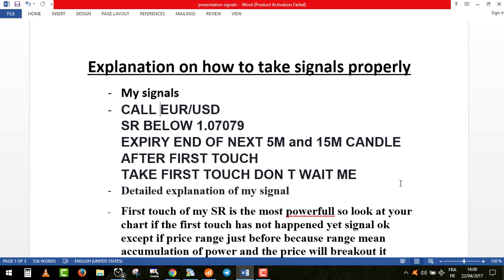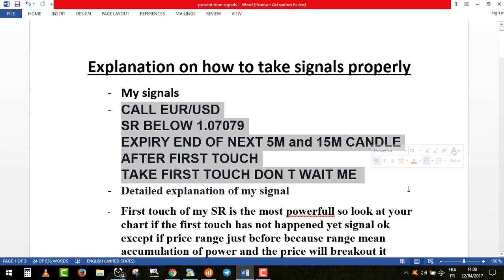how to take properly the signals that each one of the signal providers provide in the group and any signal that you can find on the internet. What are the different vocabularies that we use and how to take them properly, if they are short-term or long-term signals. First, I will start with my own signal, like this one, call EURUSD with a SR strike